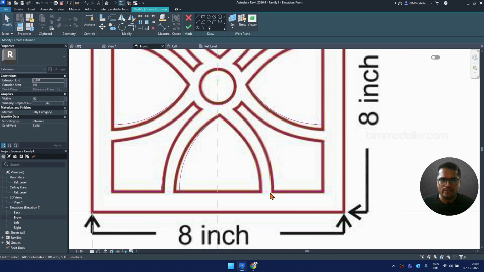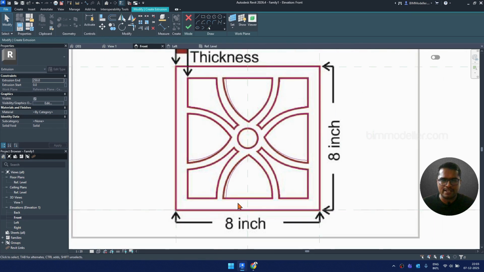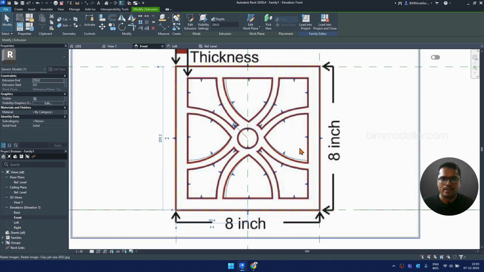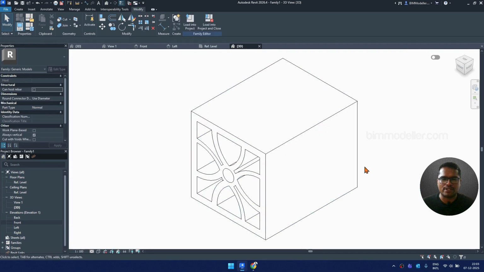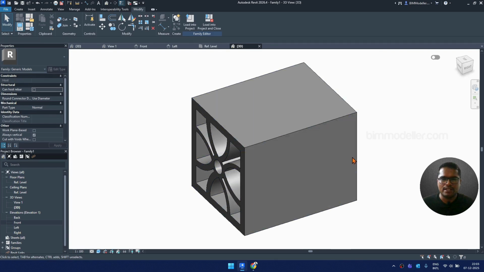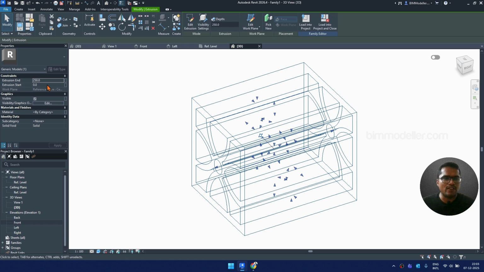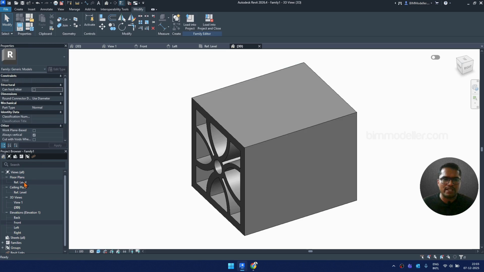Now I hope we will be covering all the sides, and there won't be any closed loops. We will get to know that with the error if there is one. Now it's done. We can go to 3D and see that objects are extruded properly, and we can have our thickness extrude end. Better we can have them in the plan,